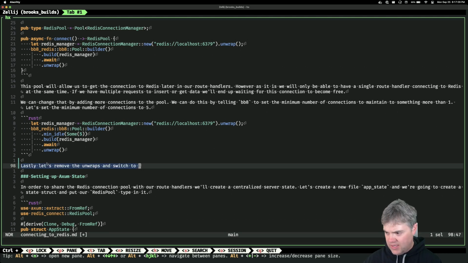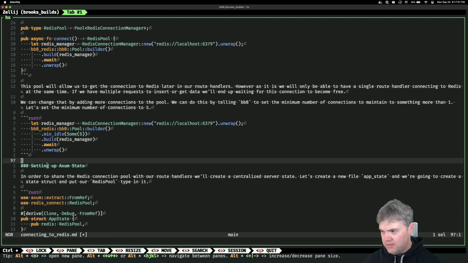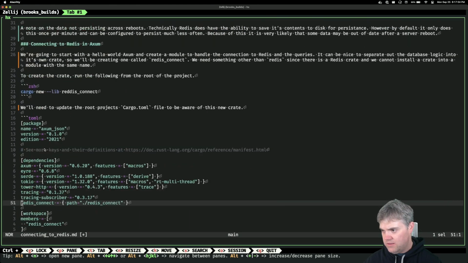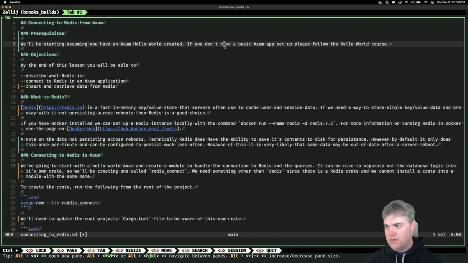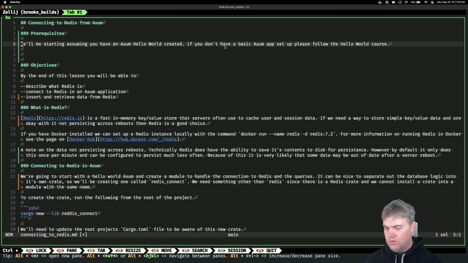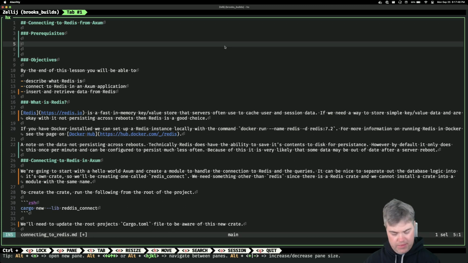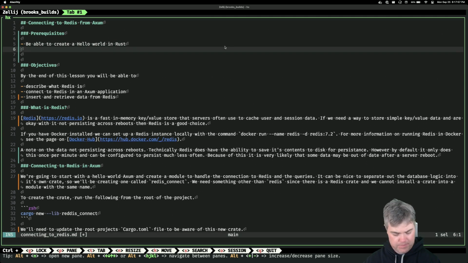or maybe I could just probably completely... able to create a hello world in Rust. Be able to handle errors by either creating errors